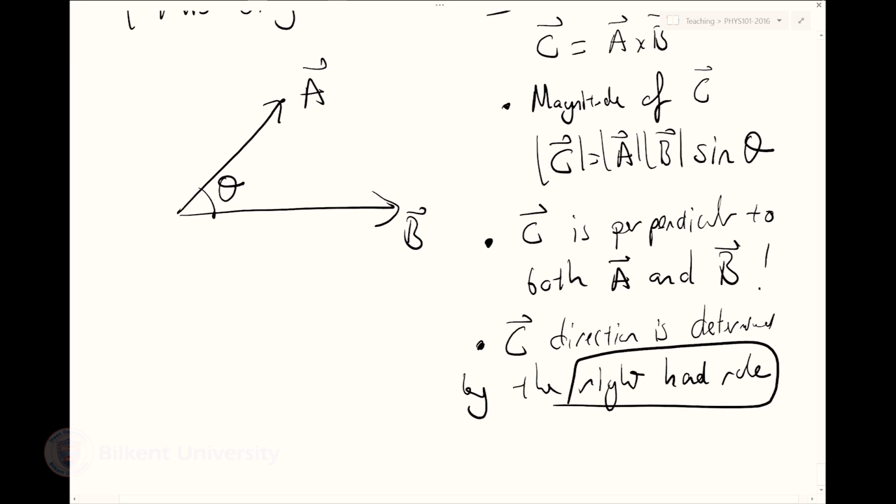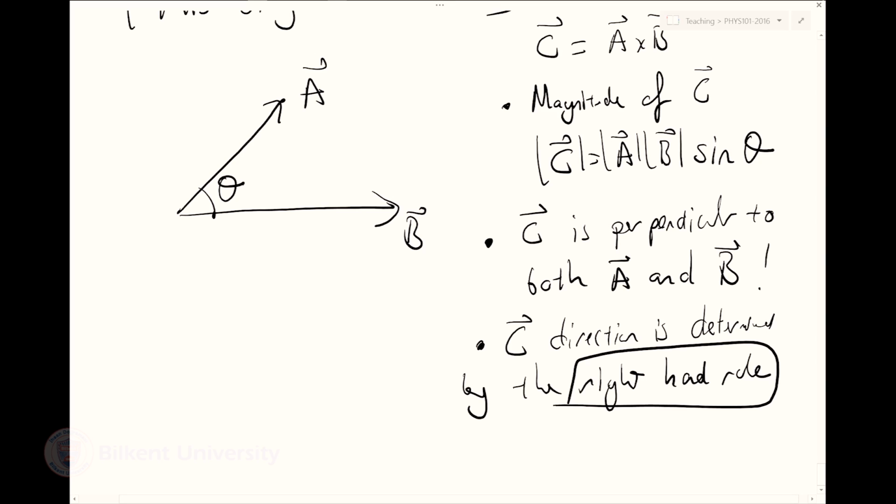And that is something I actually need to show you. How do I calculate A cross B's direction? I know that it's either going to be coming out of the screen or going into the screen. So here's how I do it. Please stop taking notes and follow me. Now,